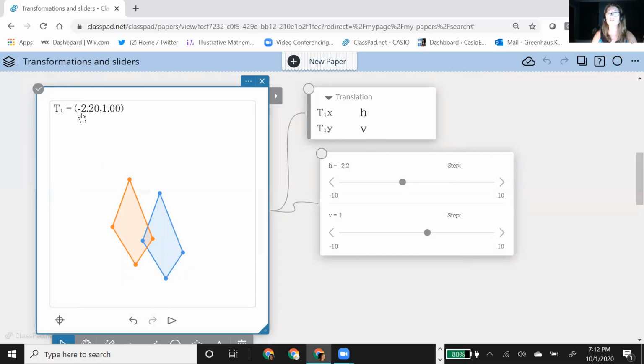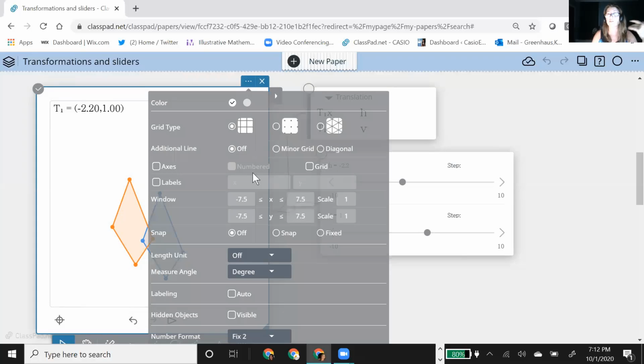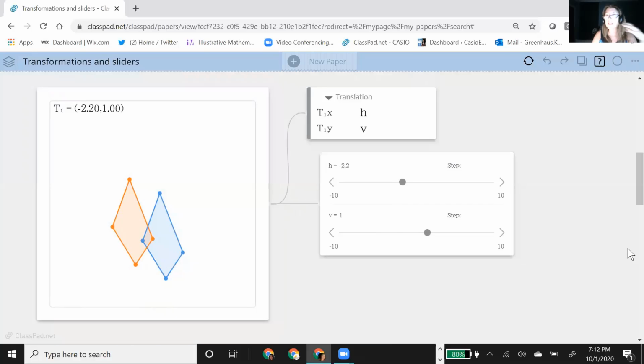What is that X, and notice, what is the X coordinate doing? What is the Y? And notice that it's using the true values up here as well. So you see the values in the slider, and you see them on the screen of the object. So now they can really try to make that connection. And if you want, you could add in the axes, if you're working with coordinates. So very easy to use and create sliders in the geometry.